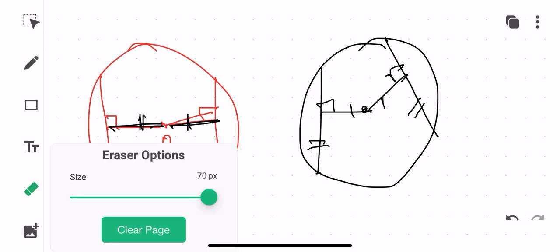We'll now move to the next thing, children, that is theorem number 26. So theorem number 26 says that there is one and only one circle which passes through three given points not in a straight line. Suppose randomly, children, there are 3 points given. They are now saying that through these points we have only one circle which can actually pass through them.